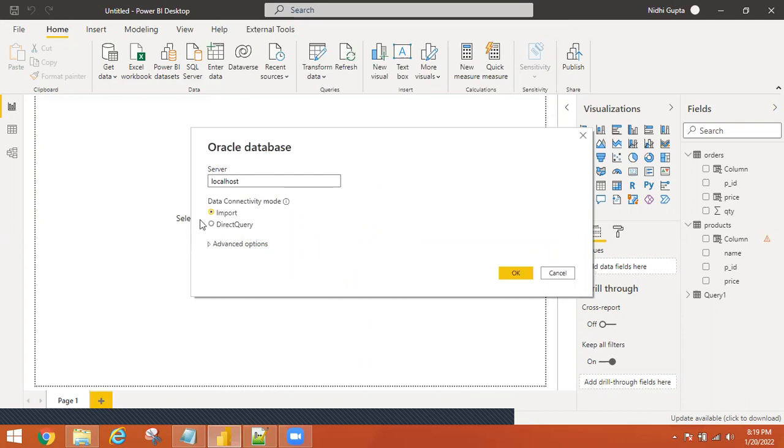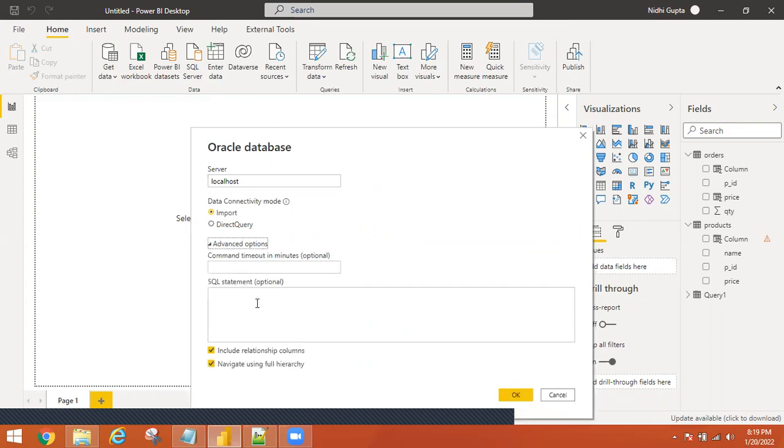Now localhost, advanced options. In the advanced option, I'll paste this SQL query and I'll click on OK. So it will get the list of all the employees whose first name is starting with N. I click on OK. See,